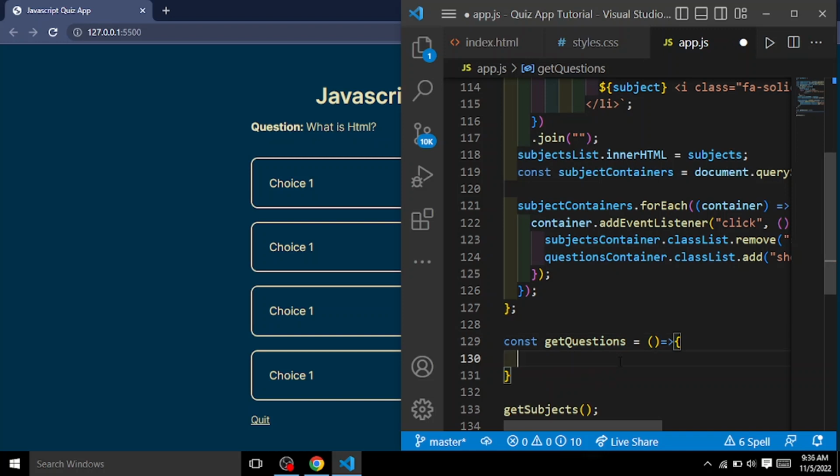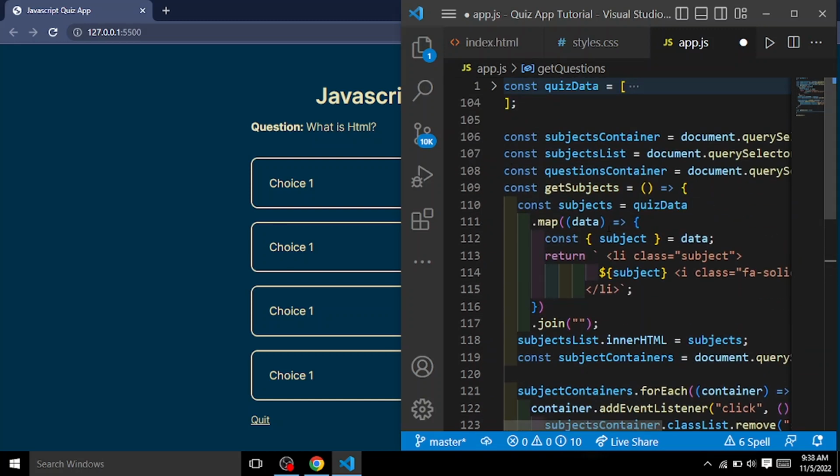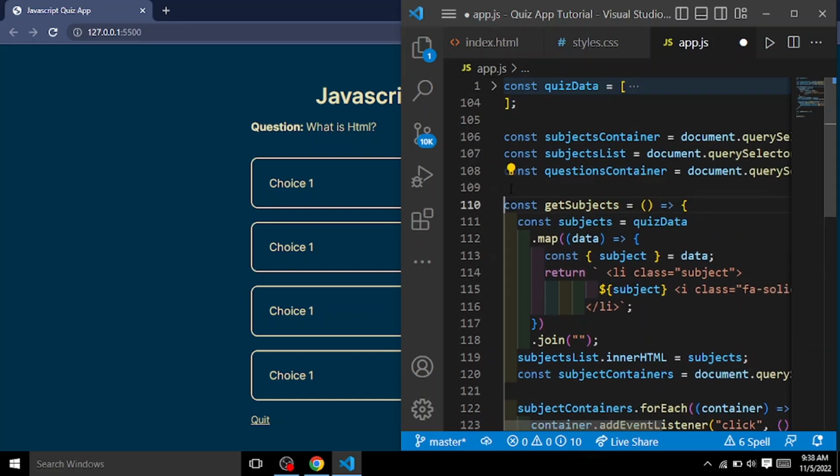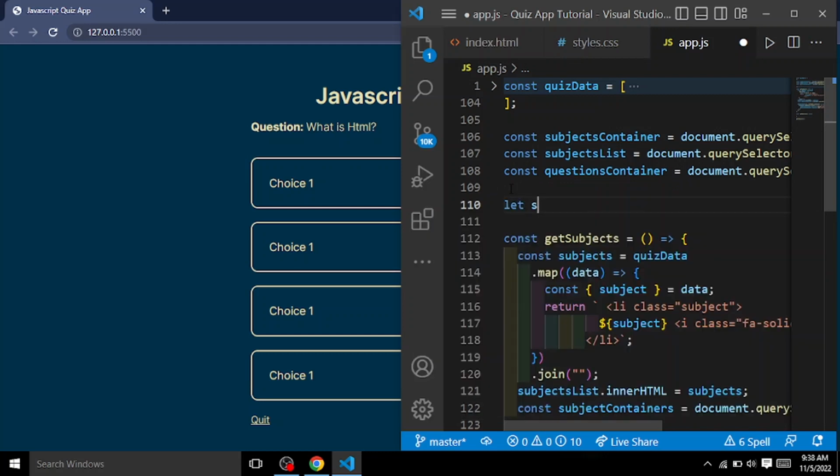So in the get questions, we're going to find the questions based on the subject we pick, if it is math, coding, or English. So the first thing we're going to do is find questions. The first thing I'm going to do is create a global variable. So let subject equals an empty string. This subject is whichever subject you click on, and to get that,